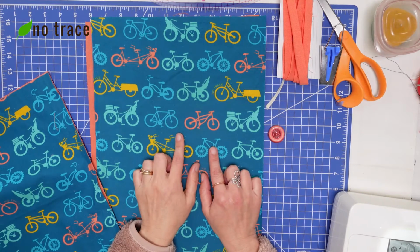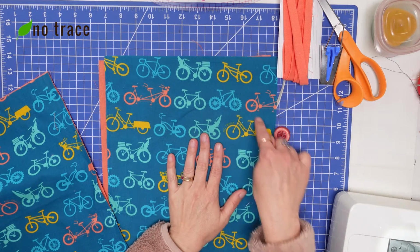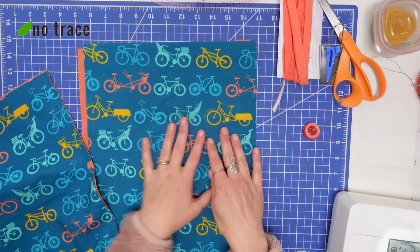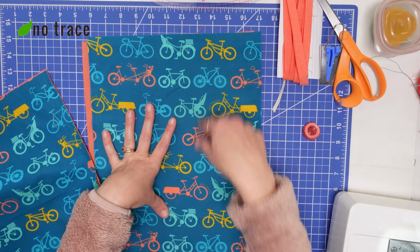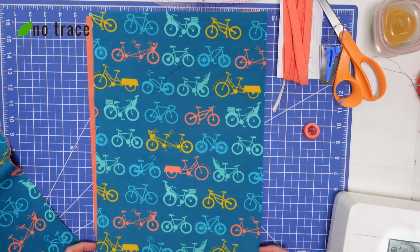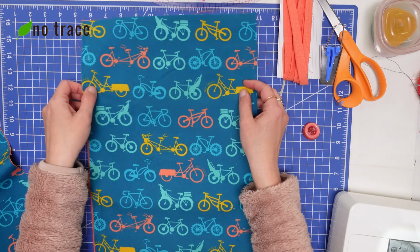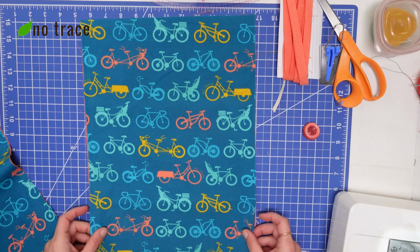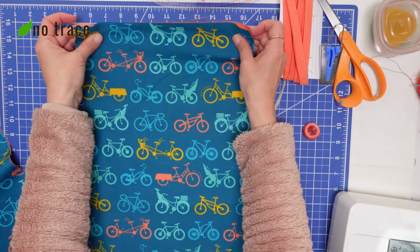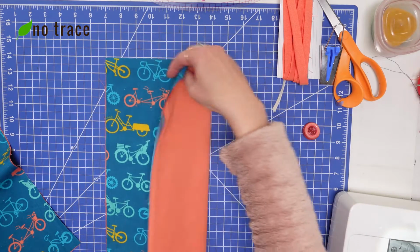The very first thing that we're going to do is cut a curve into the top of our taller fabric. So these are the pieces that are 16.5 inches tall. And the easiest way that I have found to cut the curve is to line up the pieces really nicely with each other, and then you're going to fold them in half lengthwise. So we're going to fold this way,